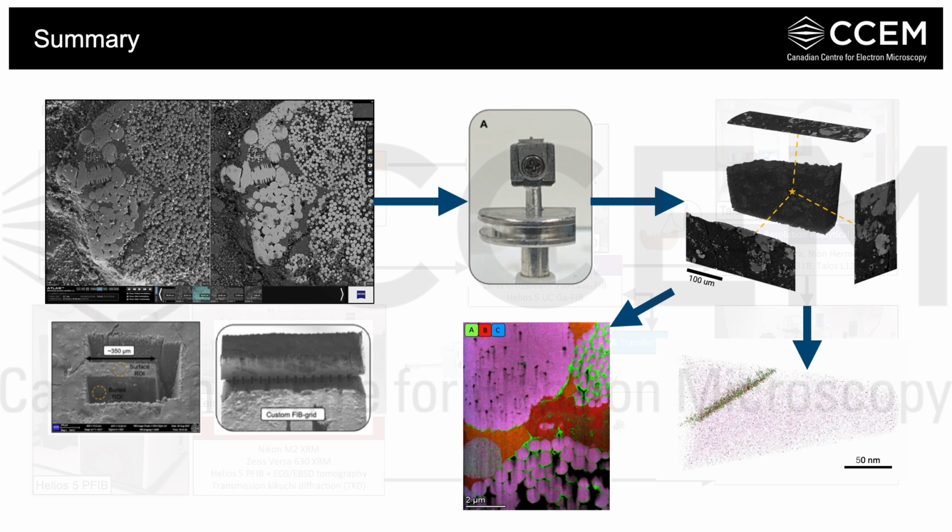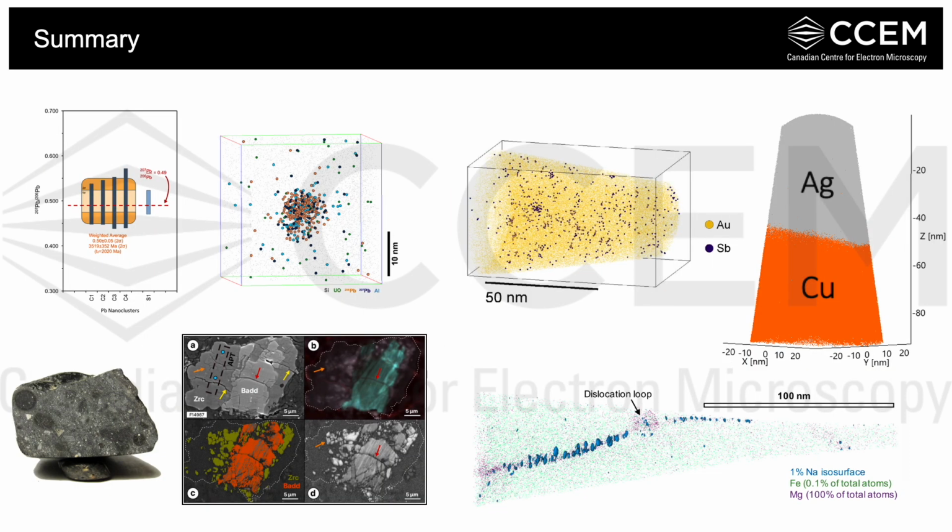And then in the second part of my talk, I hope that my examples help show the strength of using atom probe for studying geologic materials, as it can provide us with records of geologic processes that are hidden at the atomic scale.